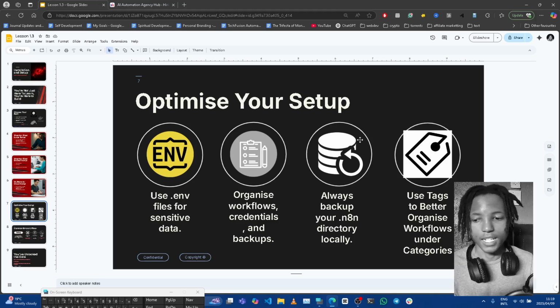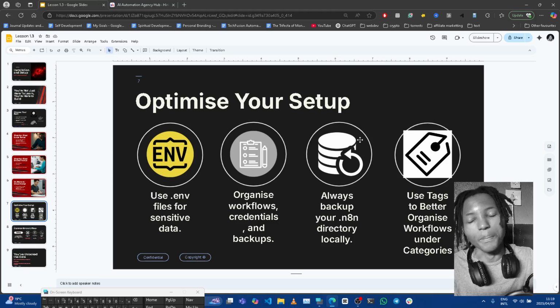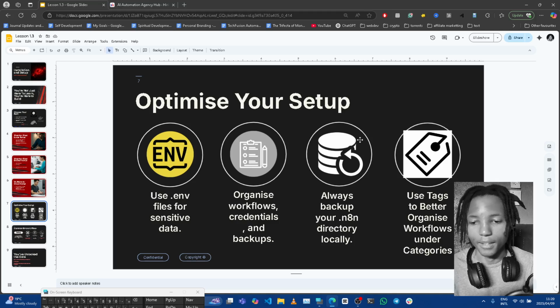What are you going to do? You could choose to not update, but if you don't update, you stand a chance to miss new features that are always getting added, like new nodes and new connections to services. So you should update, but if you're going to update, it might wipe your workflows, right? So you need to back up your .n8n directory locally, just so that you can save your workflows, so that once it's done updating, you can just plug those in again, and bada boom, bada bing, you're back in